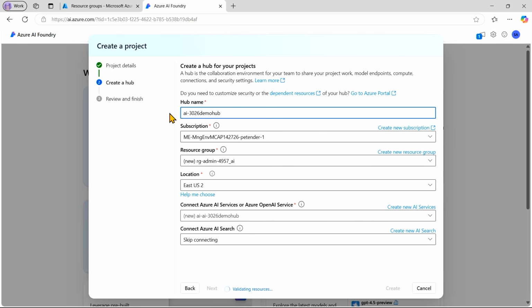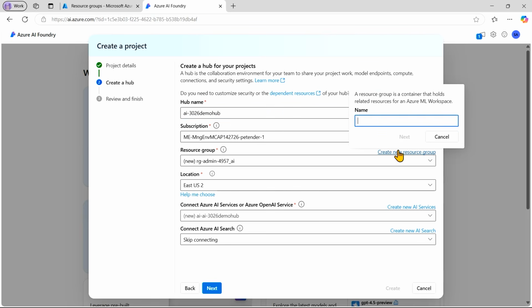So I had my AI-3026 demo project, and it belongs to the demo hub. Now, in the presentation, later on, we're going to talk a bit more about hubs and projects, but in short, it's really the topology that AI Foundry is using for all projects within. Already okay with my subscription, and I'm going to use a new resource group,